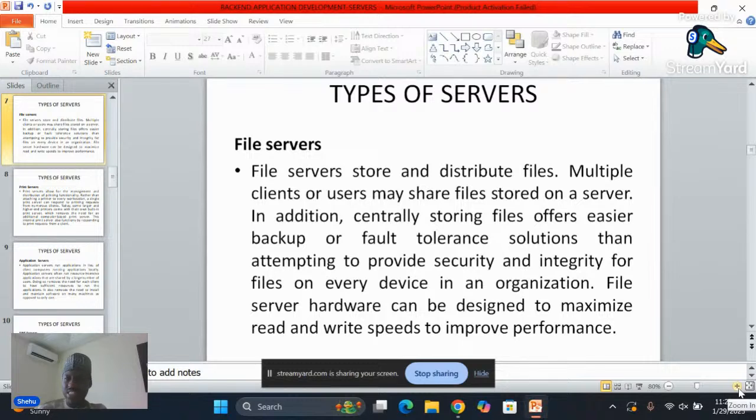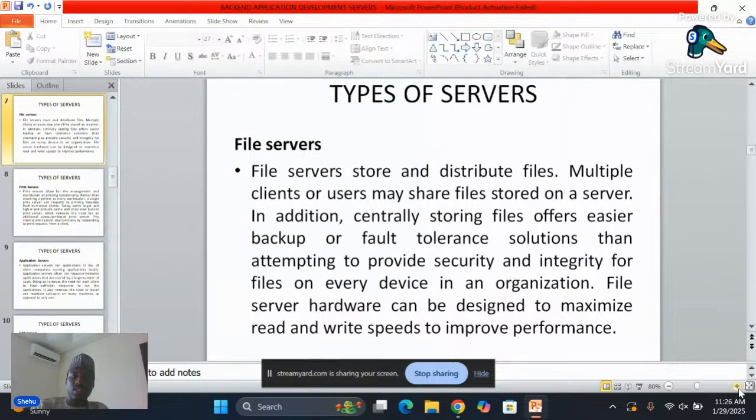So basically, file servers, usually you find them in organizations. What they normally do is store, manage and distribute files. For example, now you are in an organization, right? Every document you create, is it a memo within an organization and everything? So everything is being stored. Every work you do on your computer, the files are being stored on the server,